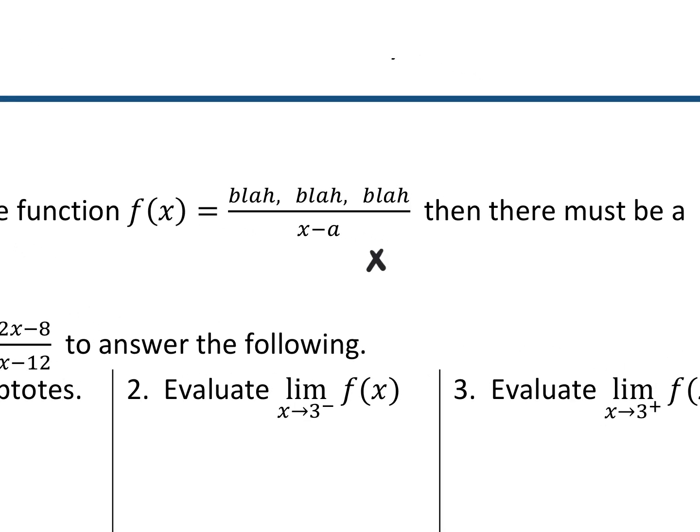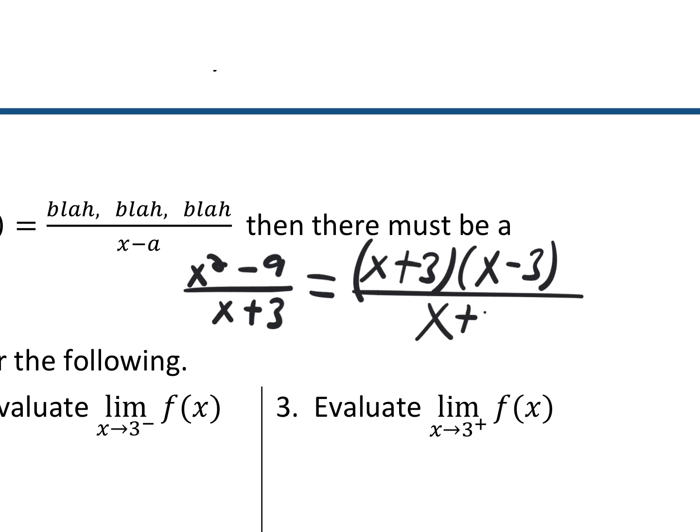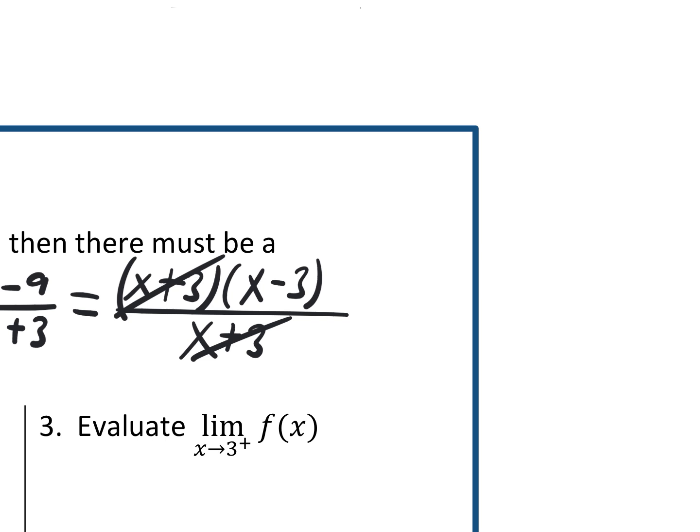Let's say it was x squared minus 9 over x plus 3. Typically, what we do first is factor, right? How does that top factor? Good. X plus 3, x minus 3, it's a difference of squares. So that doesn't always mean that there's going to be a vertical asymptote where the bottom equals 0, just because these cross out. Since these cross out, what shows up there instead of an asymptote? Good, right? So there is a hole